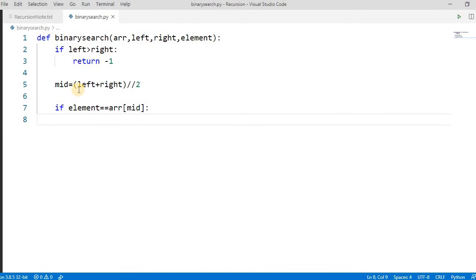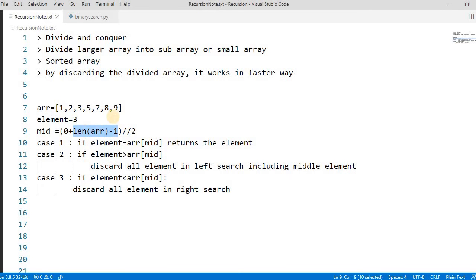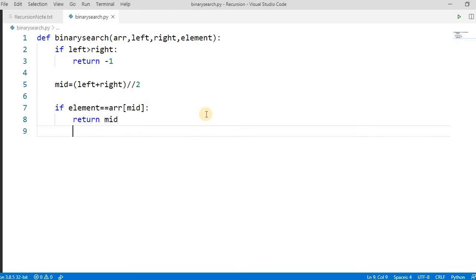If it is found, we have to return mid. Simple. We have seen here that in case 1, if the element is equal to the middle of the array, it returns the index, right? Elif, we have to check whether the element is less than or greater than. Let's take the less than one.